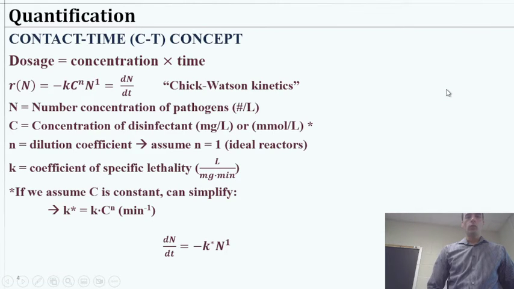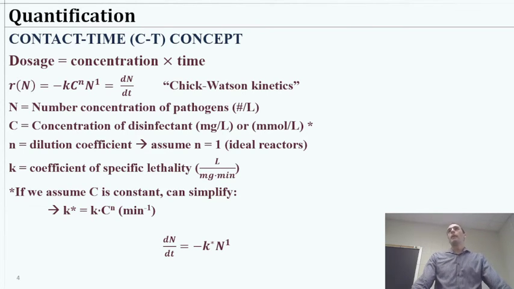Okay, so that brings us to quantification. How do we then kind of quantify that? I've mentioned this already, but the amount of chlorine we need. This is the CT concept, or contact time. We call it CT, and you could think of it as short for contact time, but it's maybe even better to think of it as short for concentration times time. So this is essentially the amount of time your disinfectant has to contact and therefore interact with, react with your